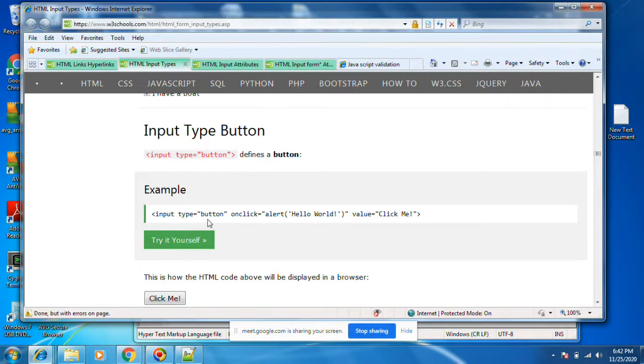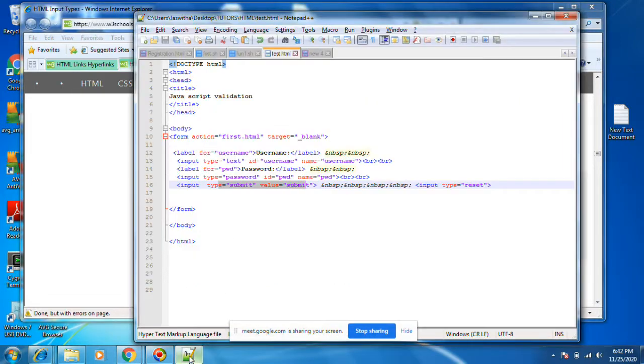Input type equals button is also there. Let's see. That is the submit button. This is a normal button. The submit button will trigger the form action, wherever the form action is. Whereas the normal button has onclick equal to alert.